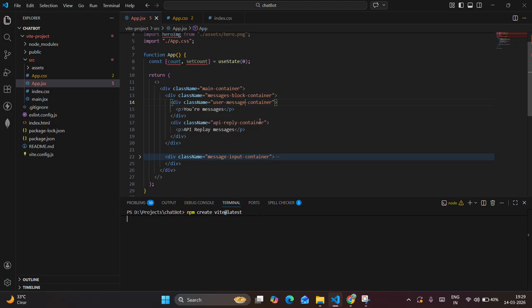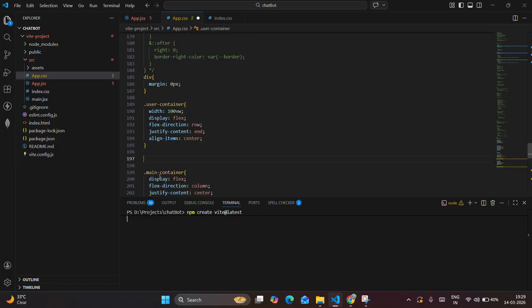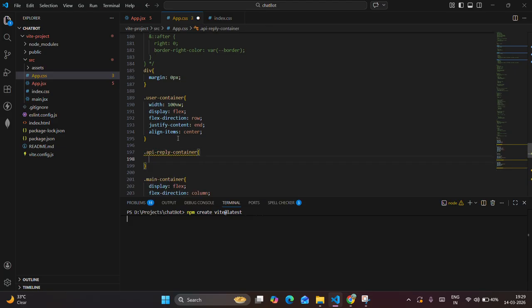So we're gonna replace this with user message container and this is the API container. So yeah, we'll add it over here. API user message container. So the width is gonna be like 100 vw. So you can see over 100 vw